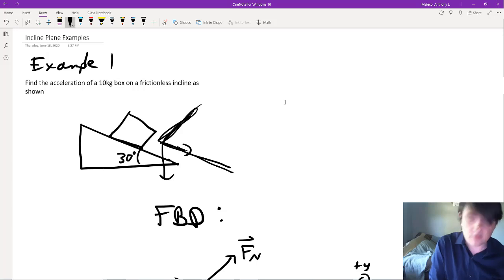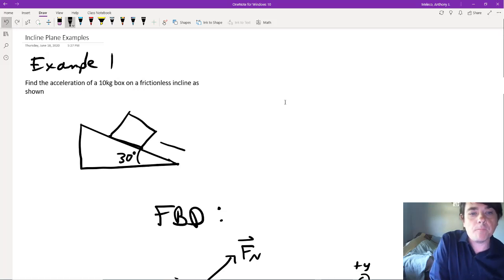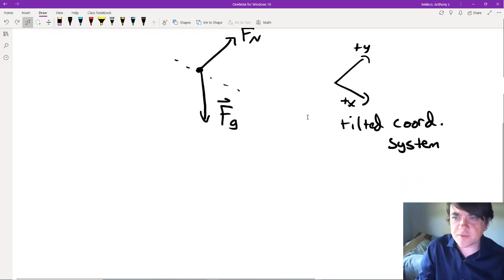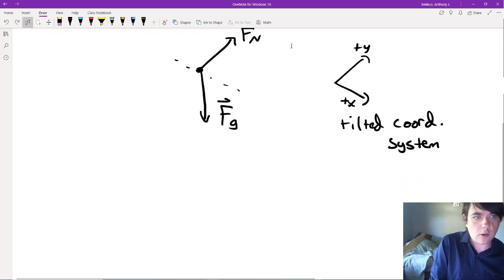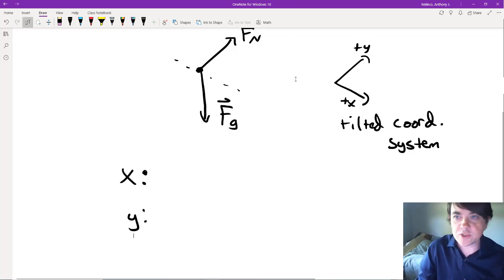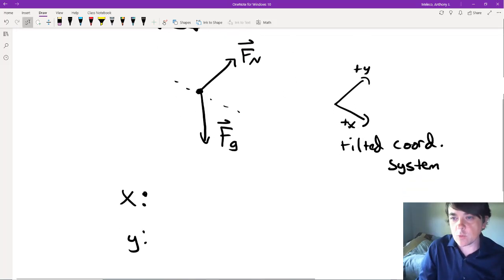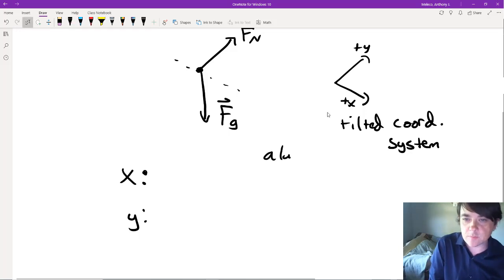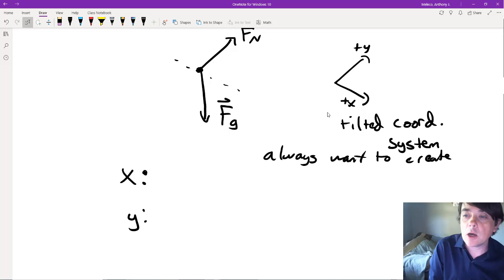Gravity, however, won't be. But you'll see this also has an issue with it, which I'll bring up in a second. As we create our equations, this is the coordinate system that we're going to use. It's easier to create a coordinate system, and for you guys, because it's easier, I'd say always do it. Create a coordinate system